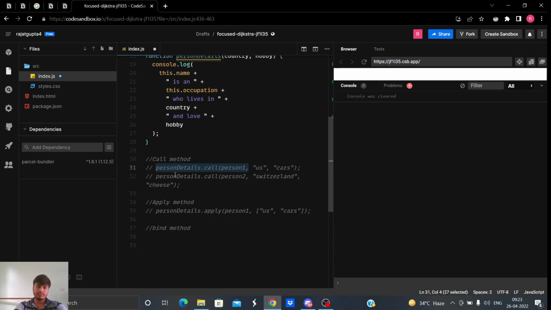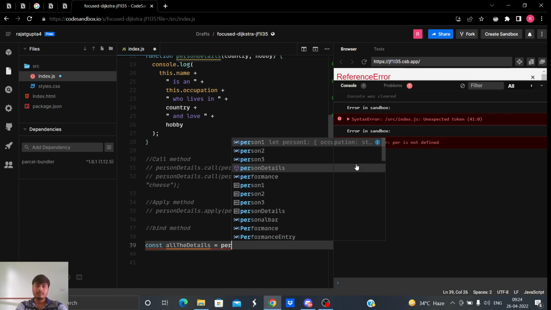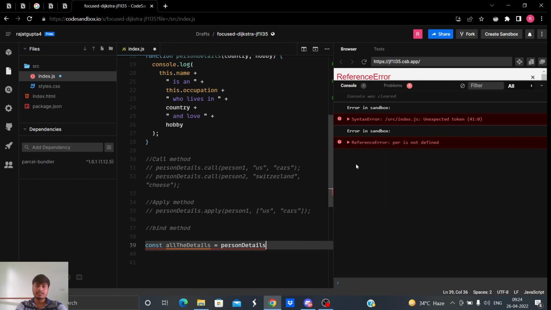Let me show you bind in action. Let me have const allDetails equals personDetails.bind.